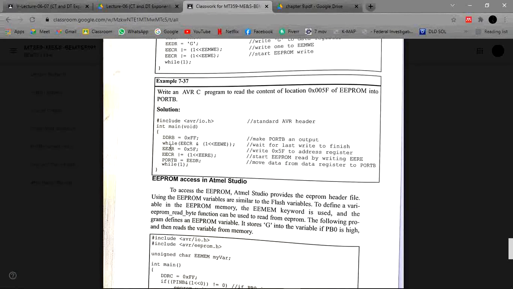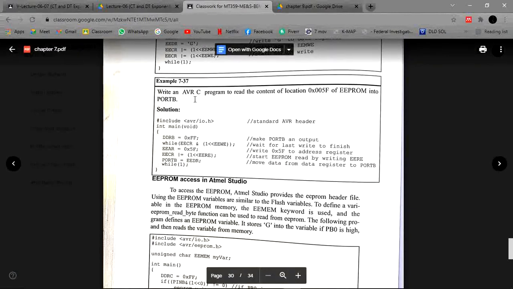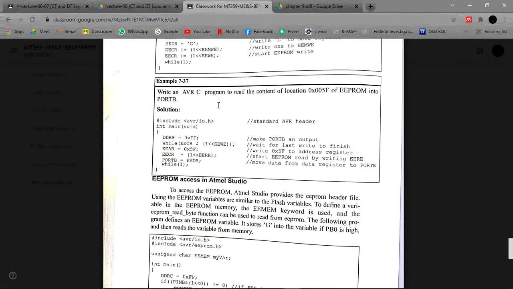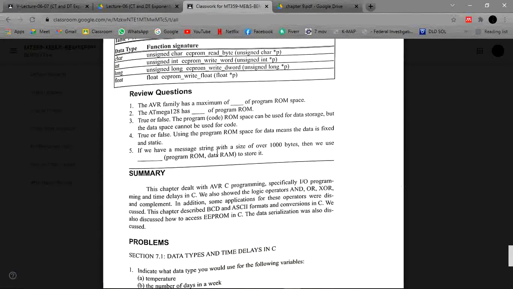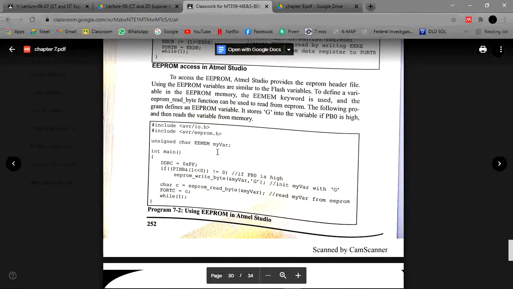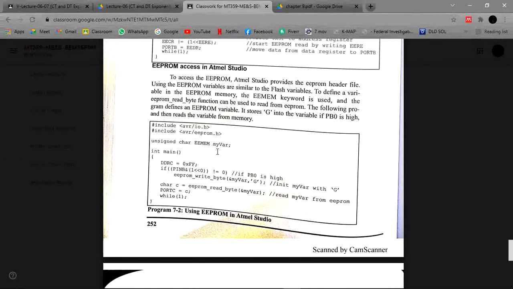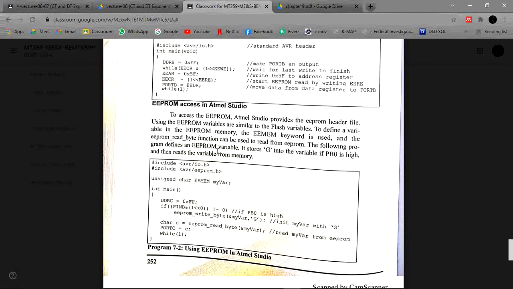Then we write 0x05 to the address register, and read the value from the EEPROM, and this value is stored to Port B, and Port B will show our outputs. So in this way we can write an AVR program to read the content of a location which we give to our code. So these are our simple AVR C codes of chapter 7.